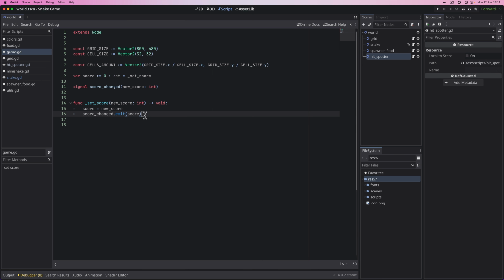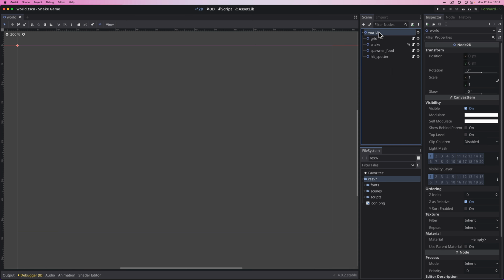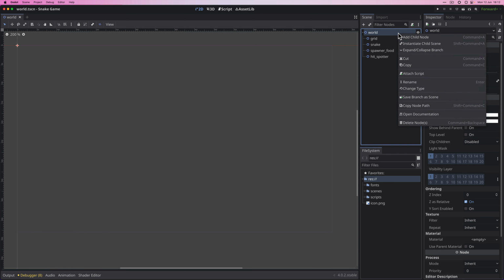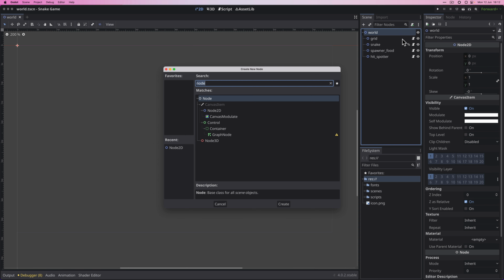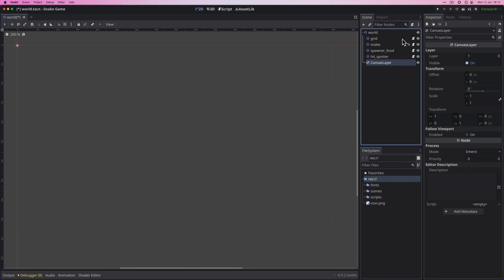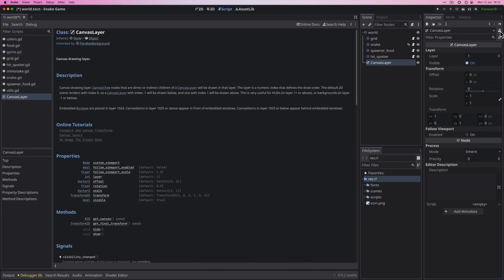All right, so now that we have it working, we just need to have a visual representation of the score. So let's go to the 2D view, and in the world node, let's add a new child node, and I'm going to add a CanvasLayer. And if you click here on the dock, you're going to see that it says that this node is useful for heads-up display and UI and showing things like the score and just elements that give feedback to the user. So I'm going to rename it HUD,